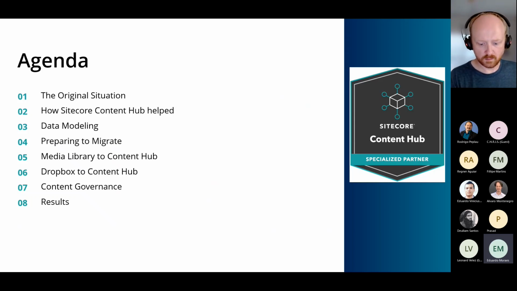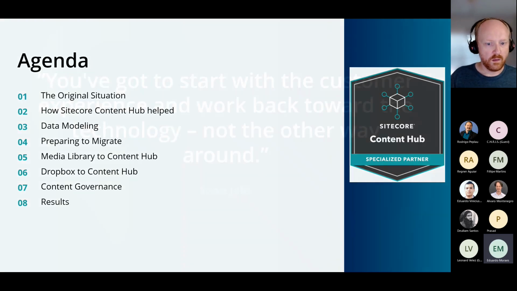One, the standard Sitecore media library and getting all those assets into Content Hub, and then also getting the assets from Dropbox, for this particular client that I'm talking about. They also had a lot of assets in Dropbox and getting all of them migrated into Content Hub. I'll close with a little bit of content governance and our final results, and that's it.